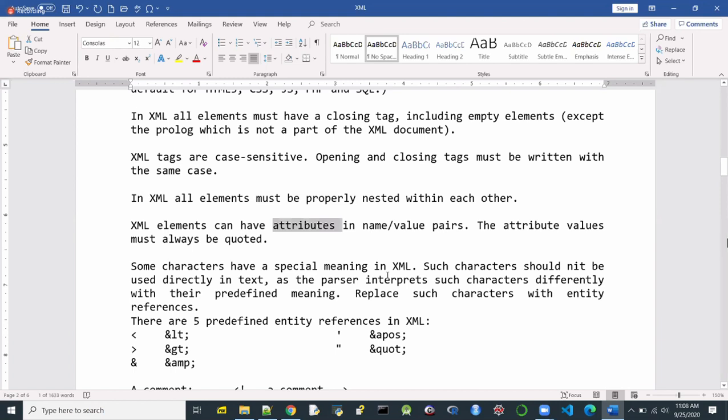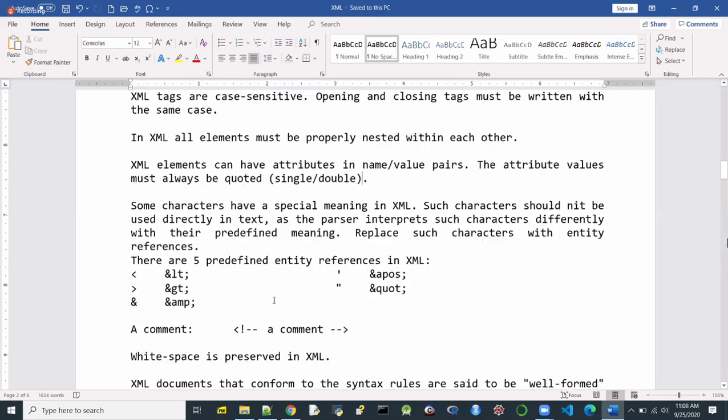Attributes we always specify as a name value pair. So we write the name, then the equal sign, and then the value, isn't it? That is how we write the attribute, just like in HTML. And attribute values must always be quoted. You can use either single quotes or double quotes. Both of them are acceptable.